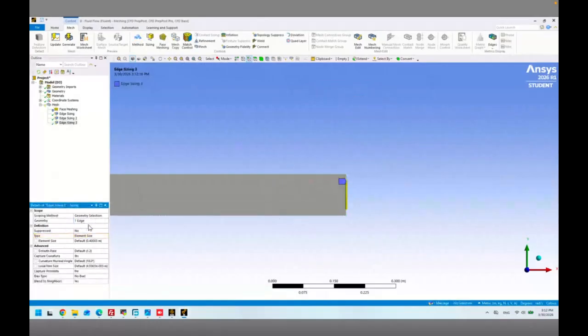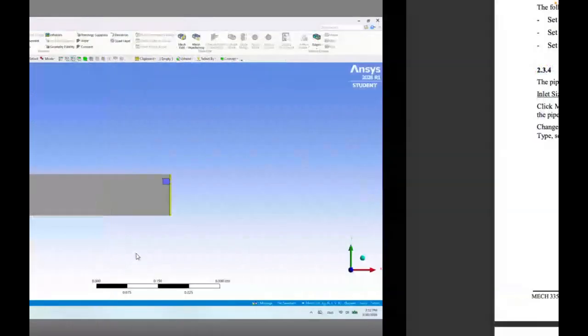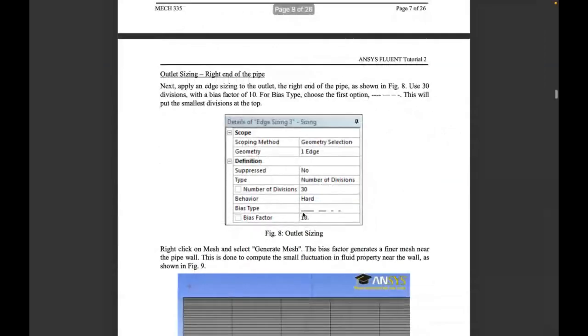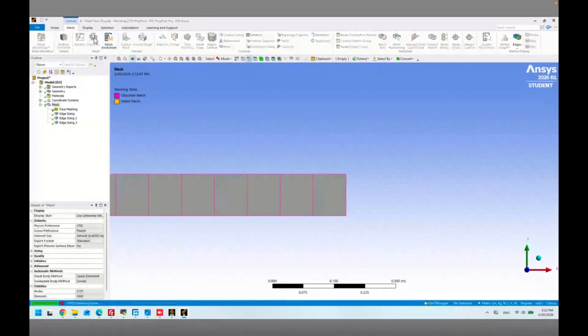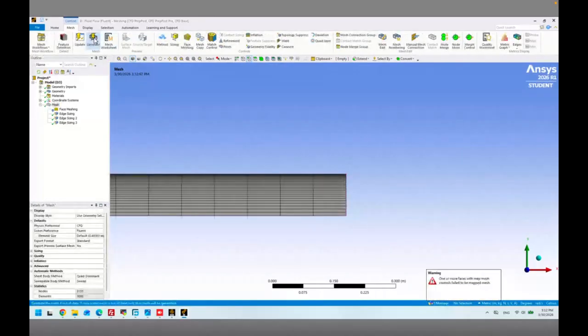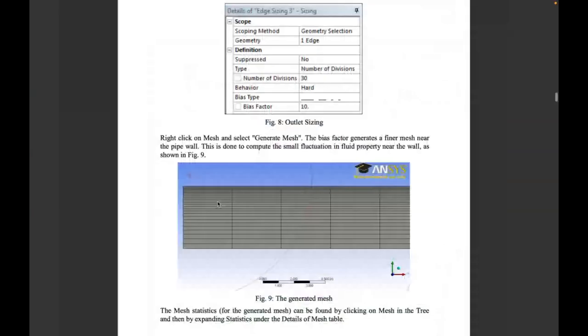Let's do exactly the same number of divisions, 30. Capture curvature is no. Behavior is hard, and the type for the right side will be big to small. Let's do this, and the bias factor is 10. Let's generate. It was able to mesh it, and let's check if it's the correct shape. Yes, it's correct. The top is very small, finer,